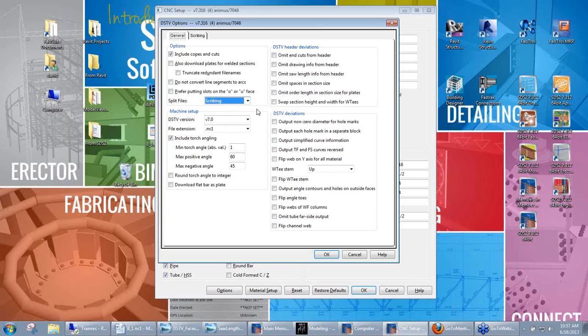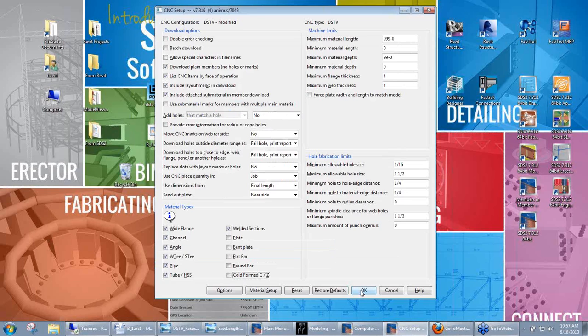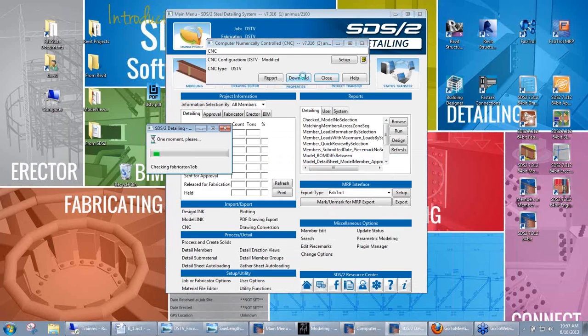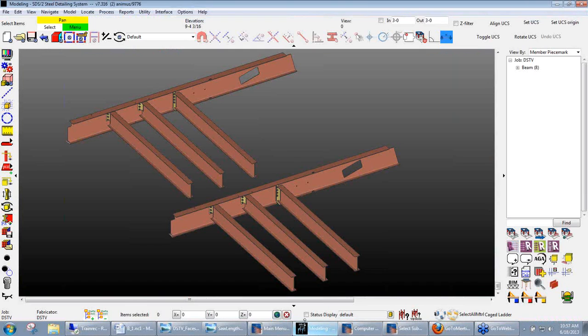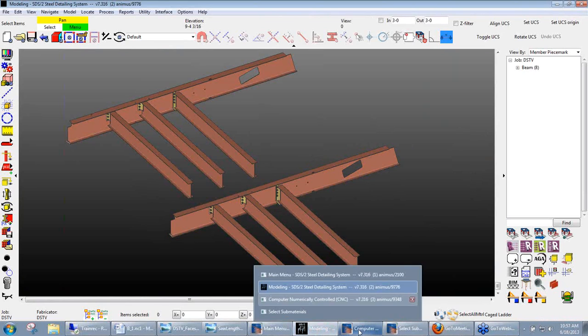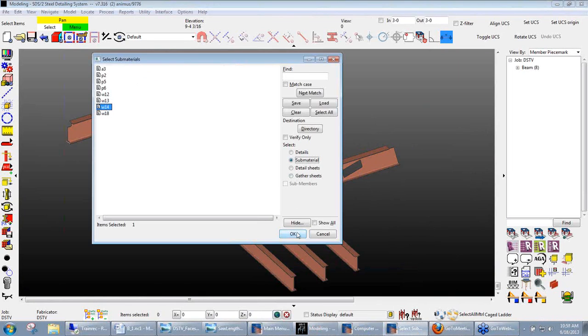So just as an example, if I set this to scribing and I download a piece from my model, typically you're going to need this or see this when you're selecting by submaterial. I have a W14 in my model. Just to show you here real quick, I have two W14s here. The only difference is my shear plates here have a little different piece mark. So when I go to download this piece, that W14,